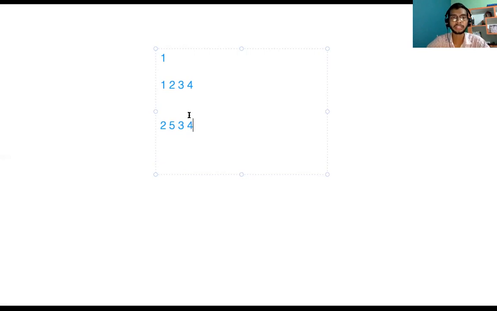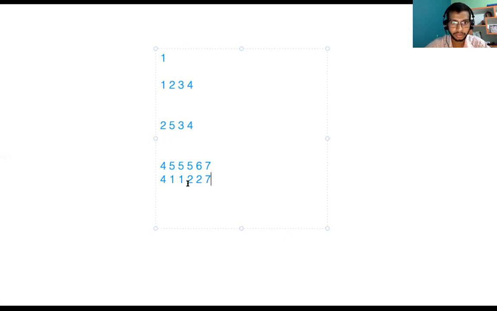Let's take one more example. The first array is 4, 5, 5, 4, 5, 5, 5, 6, and 7, and here the other is 4, 1, 1, 2, 2, and 7.